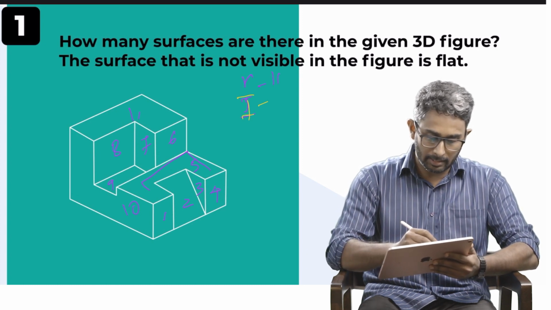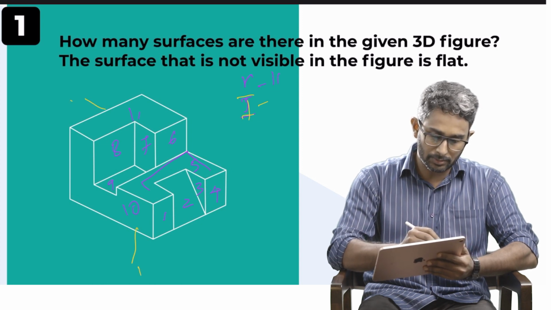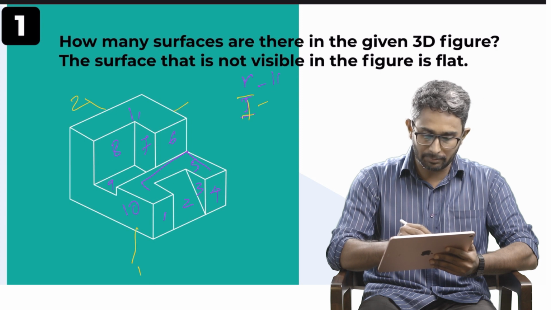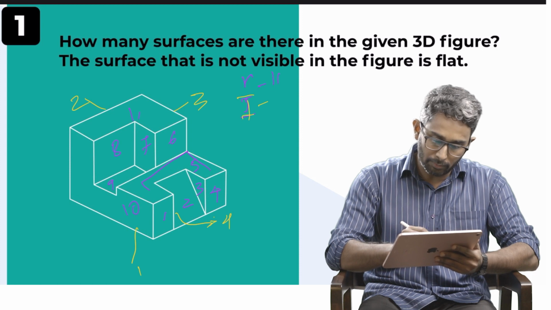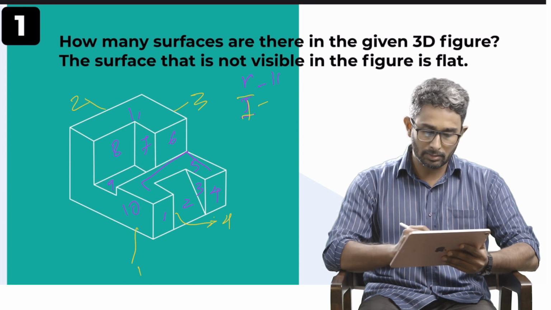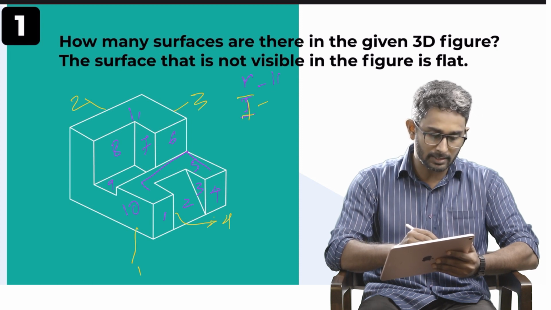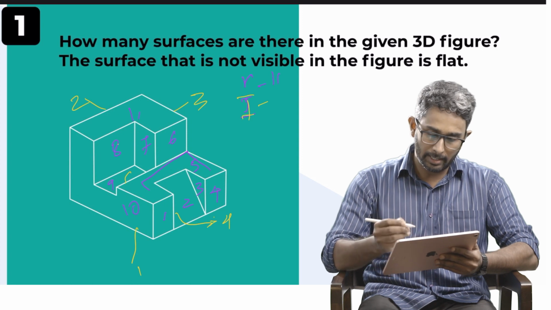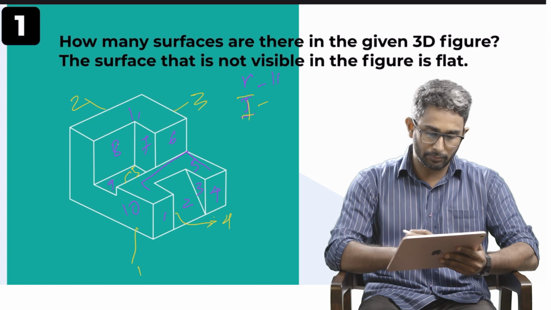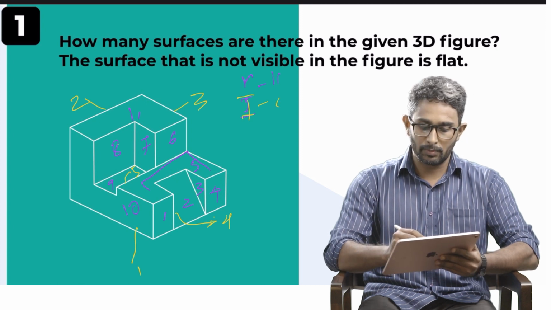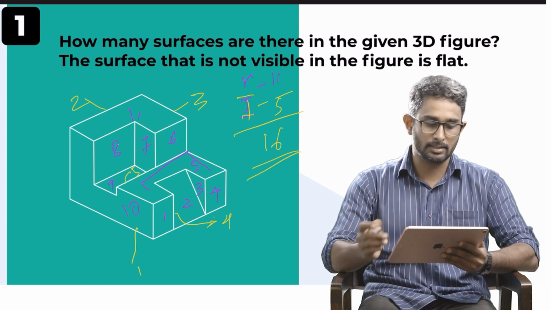Okay, we will start with the bottom surface, 1. The left side surface, 2. The back surface, 3. This is 4. Opposite to face number 3 is invisible, so I am counting it as invisible 4. Then the parallel surface which is opposite to number 8 is also invisible, so this is 5. So I can see 1, 2, 3, 4, 5 invisible surfaces. Totally I can see 16 surfaces.